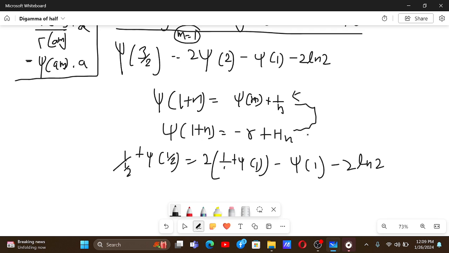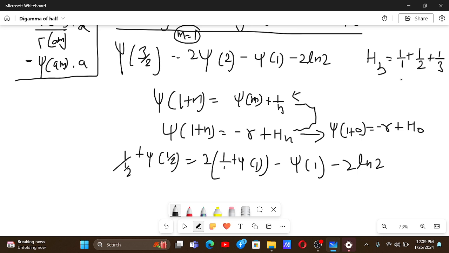And from this formula we can also know that digamma of 1 plus 0 is minus the Euler-Mascheroni constant plus h of 0. And h of 0 is actually 0, because if we had h of 2, let's say, we would have done 1 by 1 plus 1 by 2. If it was h of 3, we would have added 1 by 3. And if it was h of 1, we would have written just 1. But if it's h of 0, there are no terms, so it's just 0. So digamma of 1 is actually equal to